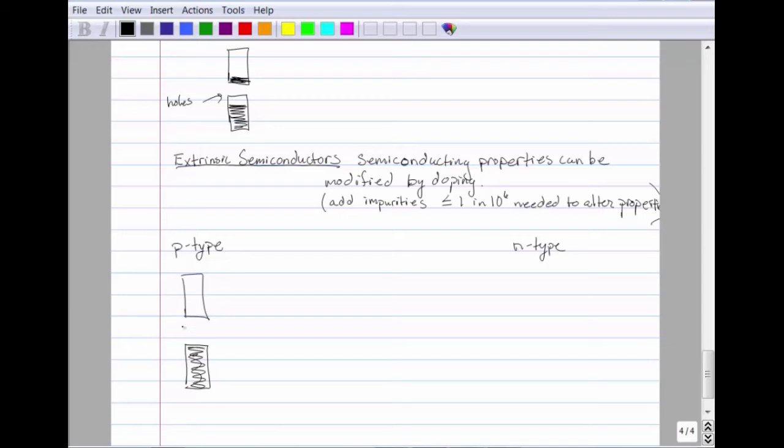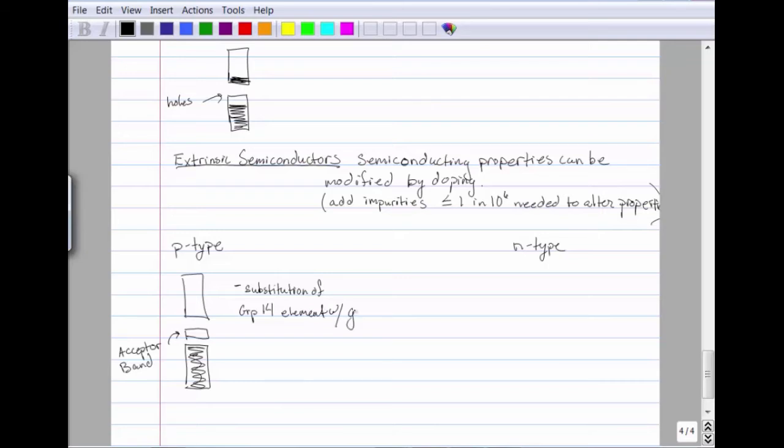So gadolinium has 1 less valence electron than silicon, right? Even though they're not in the same valence shell, gadolinium has 1 less electron. And so what you end up doing is you add another empty orbital or another empty band. This is called the acceptor band or the acceptor level. An example of this is substitution of group 14, which is carbon, silicon, and germanium, substitution of a group 14 element